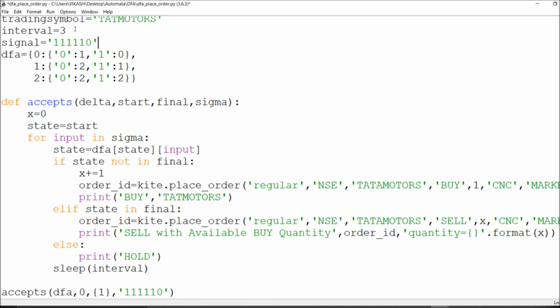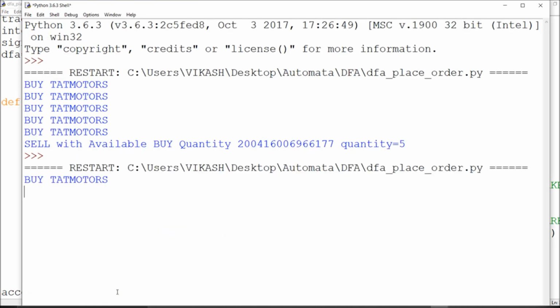Okay, and if you say this stuff and put it in a signal, that's it, your algorithm is prepared and you are ready for buy and sell. Okay, according to your interval. So this is the way which you can try by yourself and do it. Okay, so the transition diagram has been shown for the buy. You can go for the sell as well. Okay, just have to prepare accordingly.